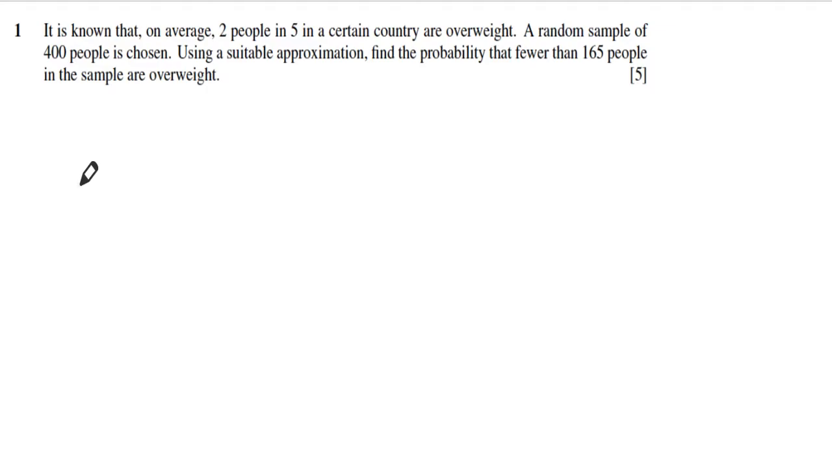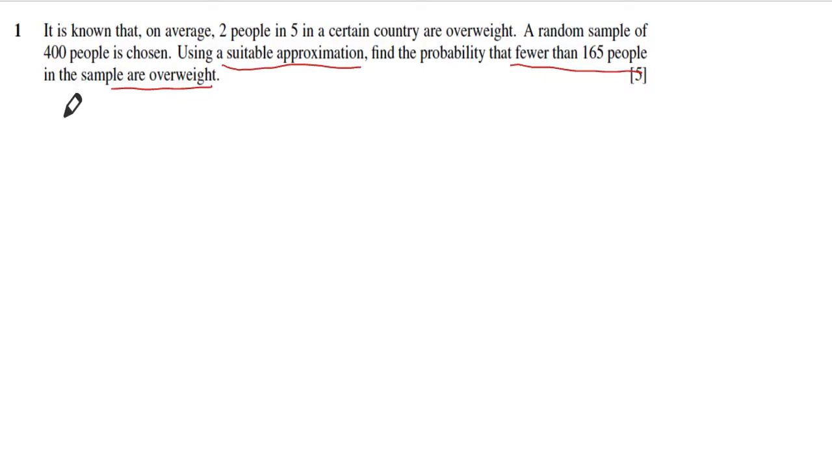It is known that on average 2 people in 5 in a certain country are overweight. A random sample of 400 people is chosen. Use a suitable approximation. Find the probability that fewer than 165 people in a sample are overweight. Okay, fewer than 165. Now first thing, let's find out